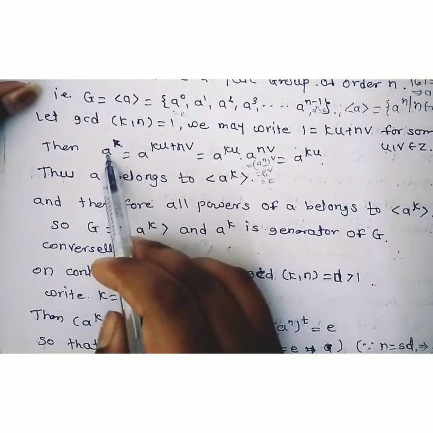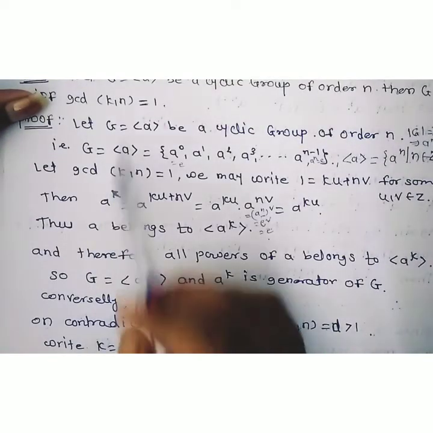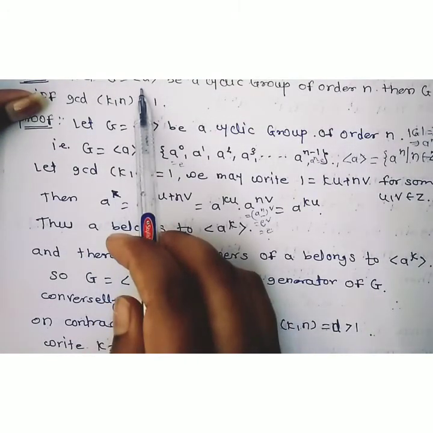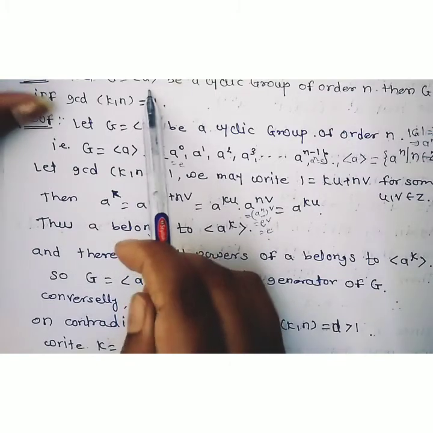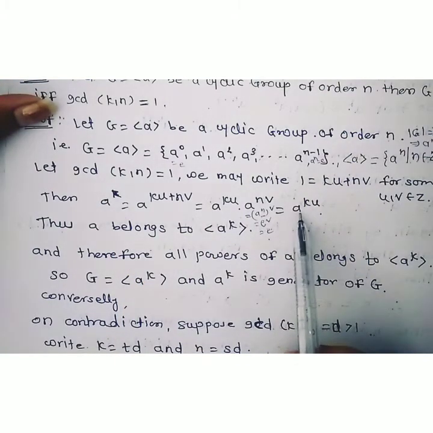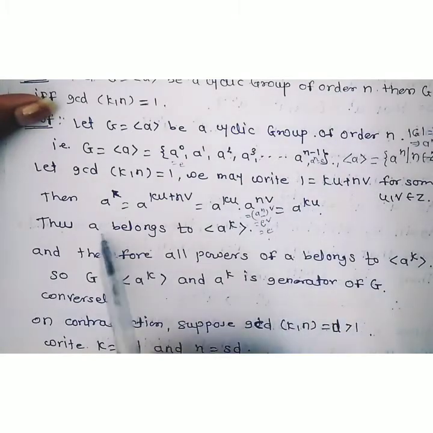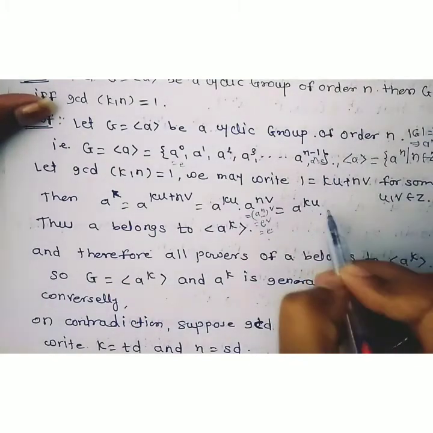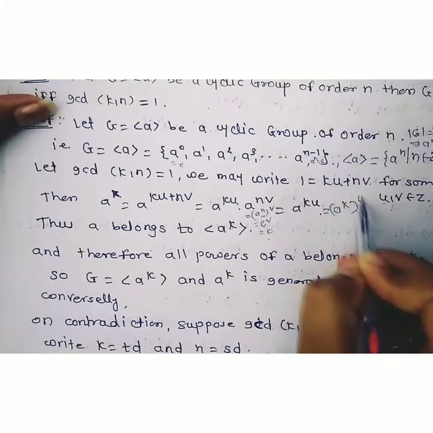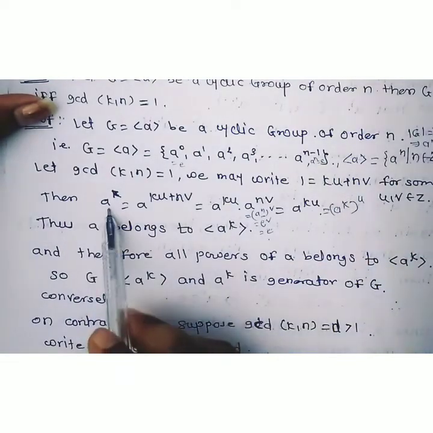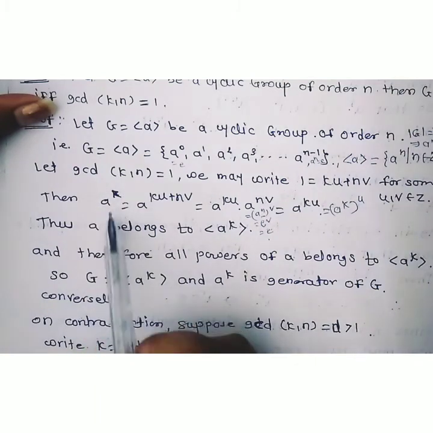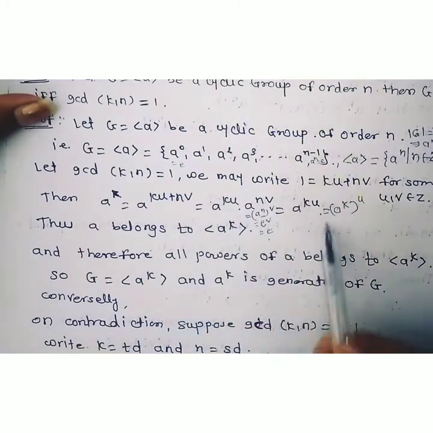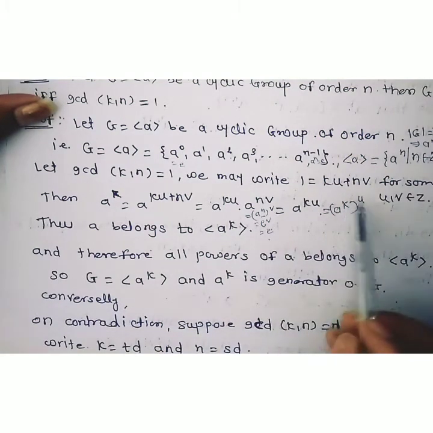Therefore, we know that a is an element of a group G, and we know that G is generated by a. That is, an element a can also be written in the powers of a raised to k, as a is equal to a raised to k to the power u. As a is an element of group G, and we consider a as any element, then it can be written as a to the power k raised to u.